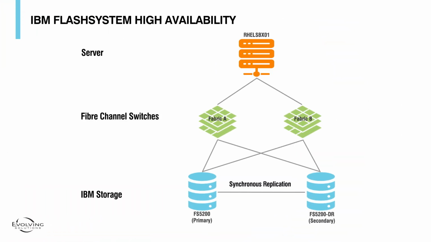The foundation of this is IBM's policy-based high availability, which uses policy-based replication at its core. The setup allows two storage systems to be synchronized in an active-active configuration. In this diagram, you can see our primary system, in this case, a FlashSystem 5200, is partnered with an identical secondary FlashSystem 5200 to provide high availability. This configuration ensures that if the primary system experiences an issue, the secondary system can take over automatically without manual